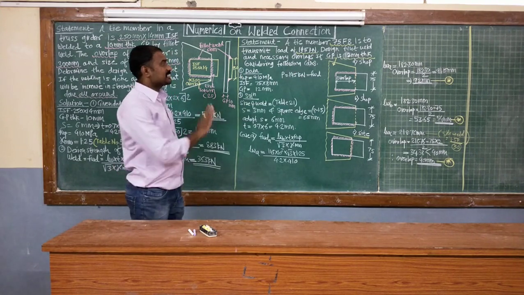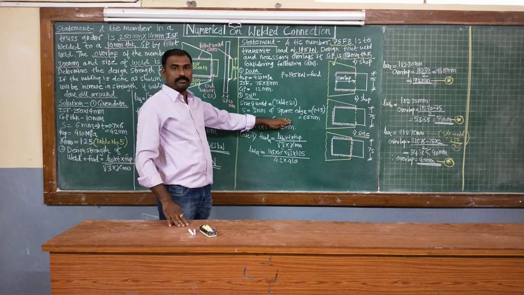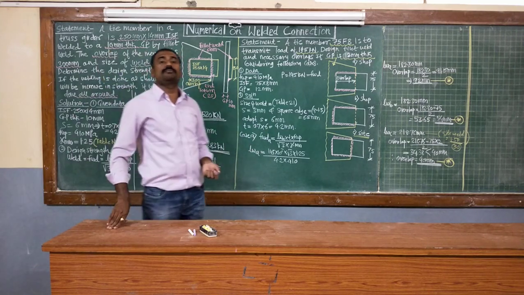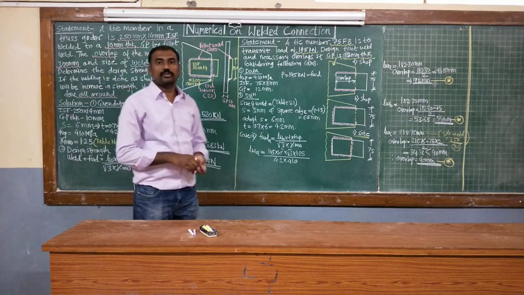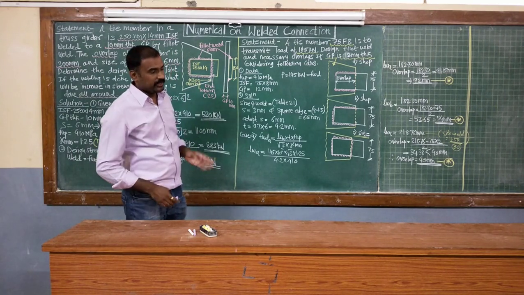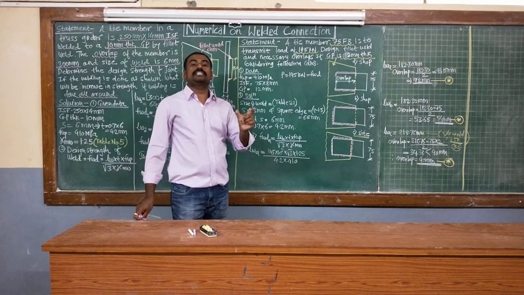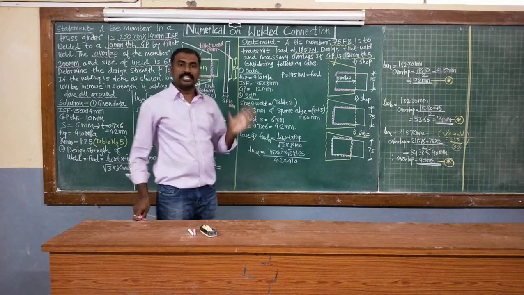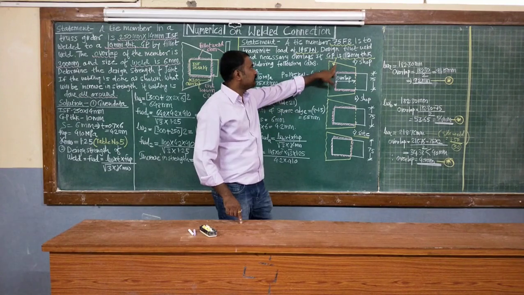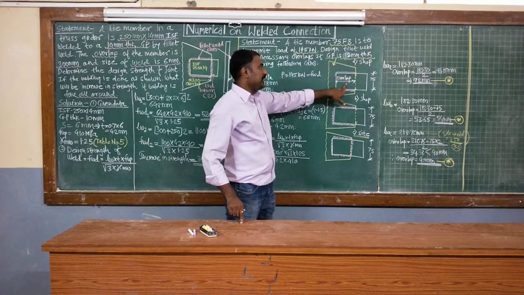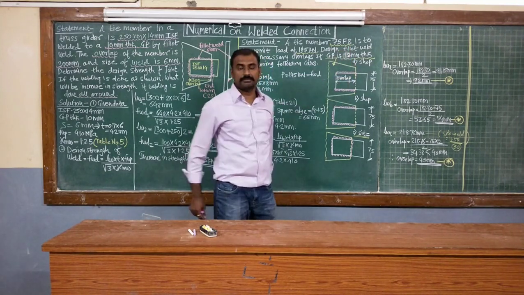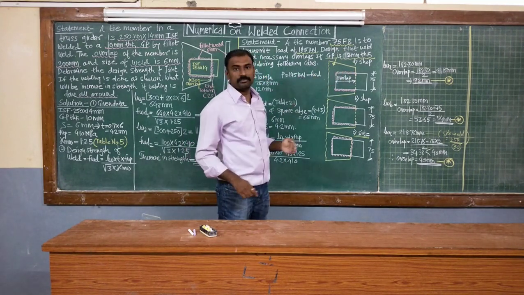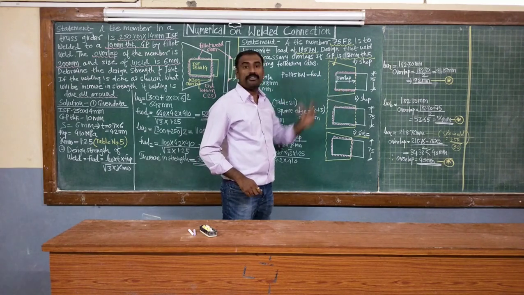Initially, the size of welding is not mentioned in the problem, and we know that the size of welding is to be decided depending upon Table number 21, IS 800 2007. Table number 21 gives us the thickness of the thicker plates and the minimum size of first run. Here two different plates are there: the gusset plate of 12 mm and the Indian standard flat of 8 mm thickness. But the welding is to be done on this particular overlap portion. Correct? So that is nothing but a thickness of 8 mm.